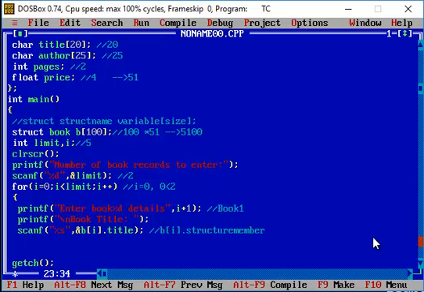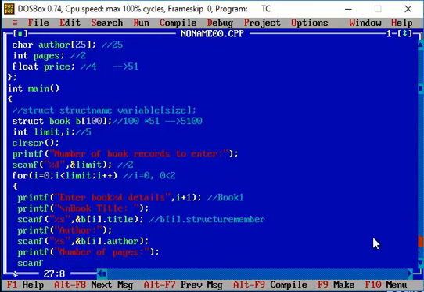So now we are going to get the next value, that is the author. Okay, so the author, and I'm going to store the value of the author similarly in your structure variable. So ampersand b of I dot author, and similarly I'm going to get the number of pages for that particular book. So we are going to make use of %d character format and b of I dot pages.